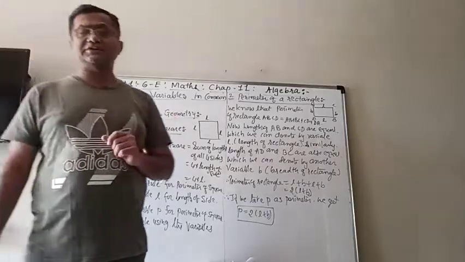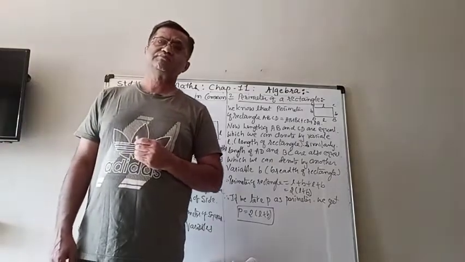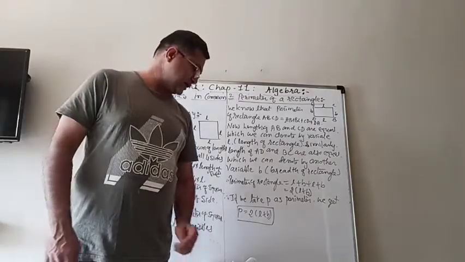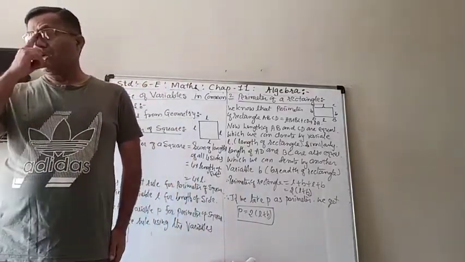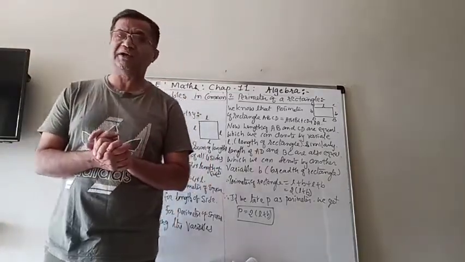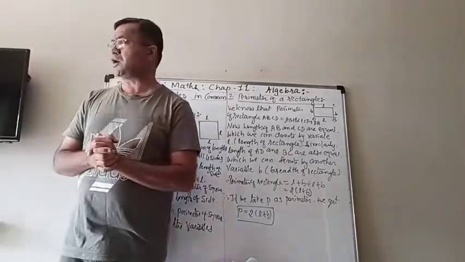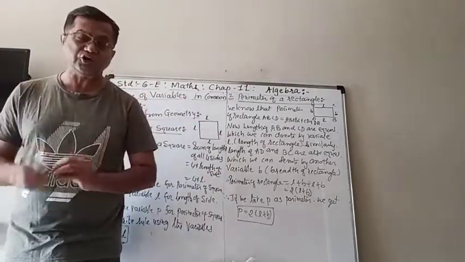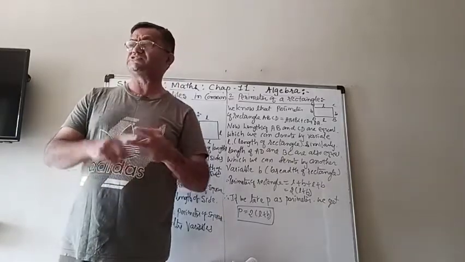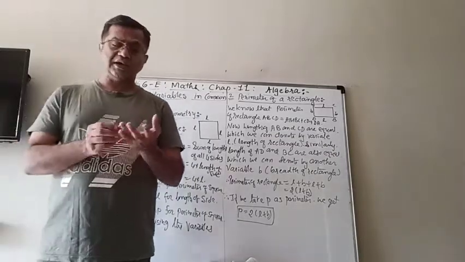Rules from geometry. We are familiar with the geometrical figures like squares and rectangles and triangles, etc. We also know how to find the perimeter of any polygon. Polygon means a simple closed curve made from line segments only. So triangles, quadrilaterals, rectangles, squares, pentagon, hexagon, etc. are known as polygons.